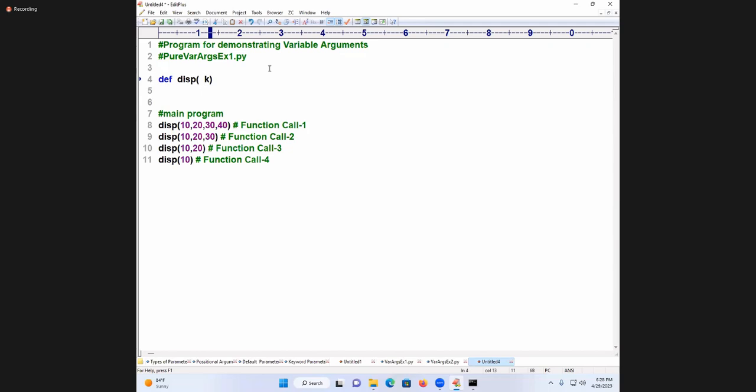Before that parameter, you write a symbol called what? Asterisk. Asterisk is called what? Star. Write star K, very, very important. Write star K, colon. Because of writing star K, take one formal parameter. Before that, you write what? Star K. The speciality of this parameter